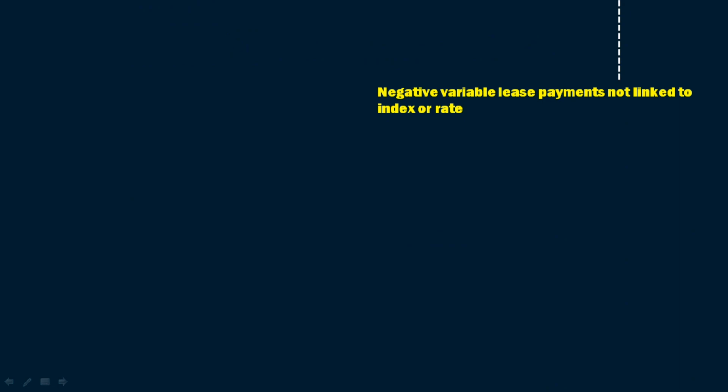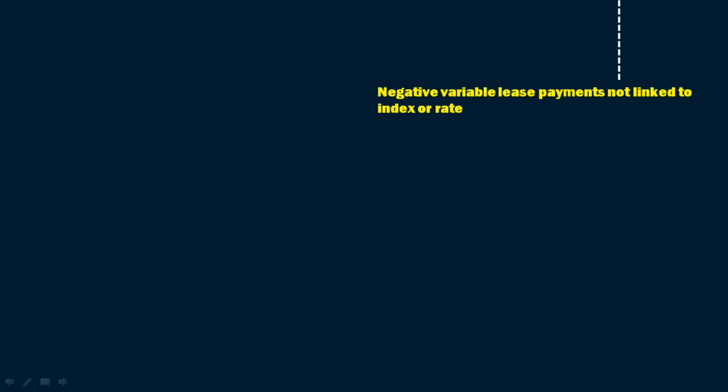Also note that this is not a lease modification simply because the terms of the lease have not been modified. Also, it is not a reassessment because those variable lease payments were never included in the measurement of lease liability in the first place. Such rent forgiveness or concession is a negative variable lease payment. This would be recognized in profit or loss in the year in which it is incurred, or rather, in this case, in the year in which it is earned.